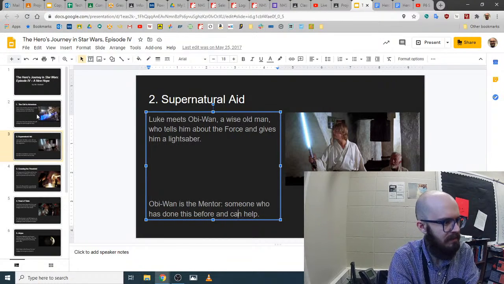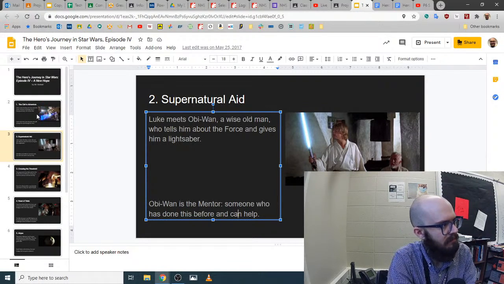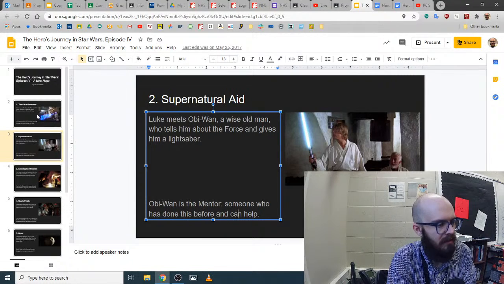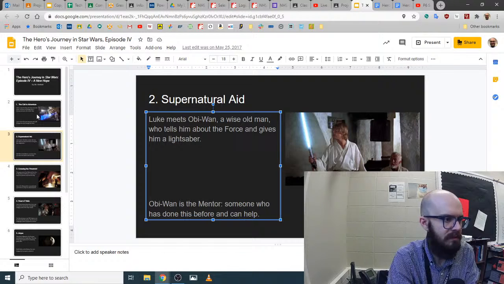It might be a new dimension or a new planet, or maybe it's a world that existed all along, sort of like there was magic and you didn't know it, like in Harry Potter, or there are aliens and you didn't know it, like in Men in Black. That's a very common style as well. But you meet somebody who's already been to this special world and they know about it and they know the rules and they can tell you what you need. So they might give you a